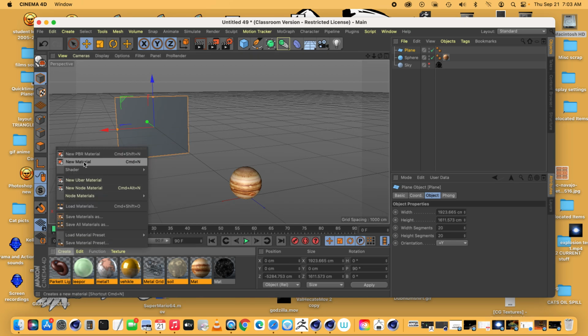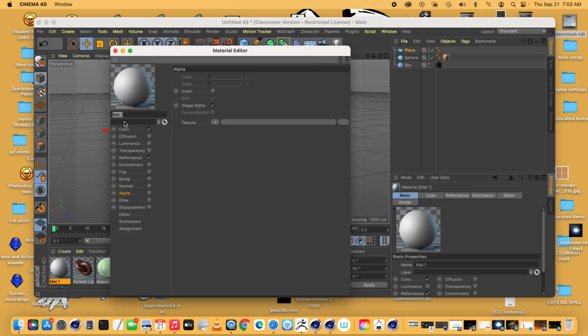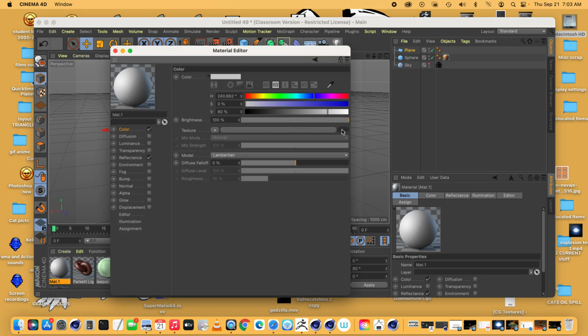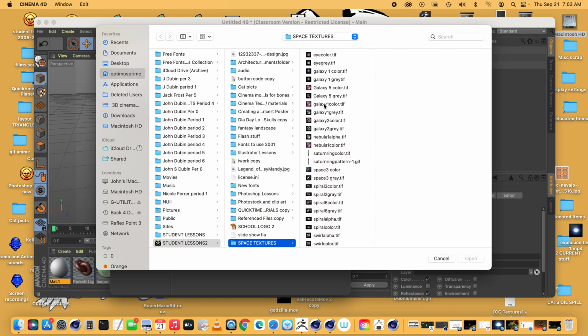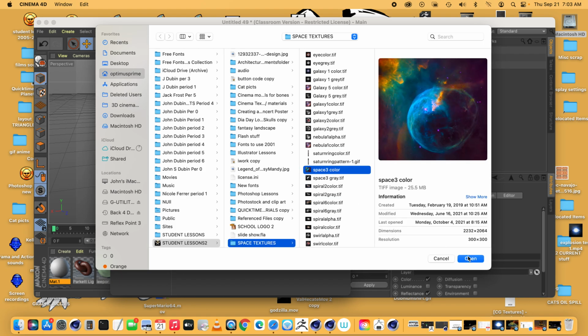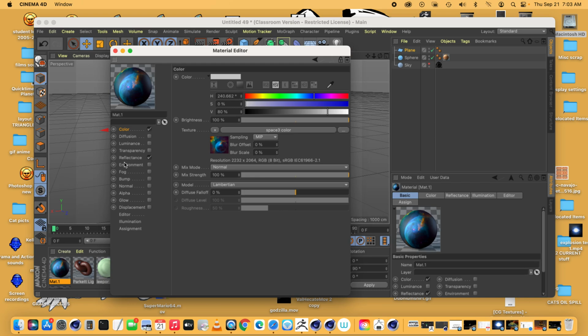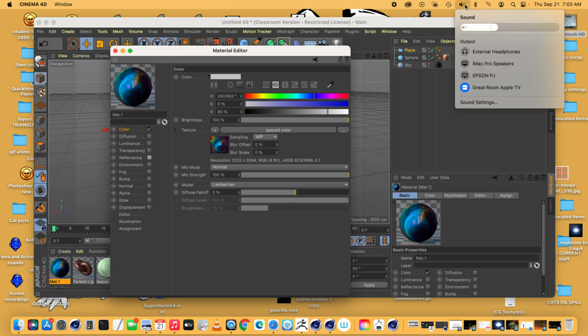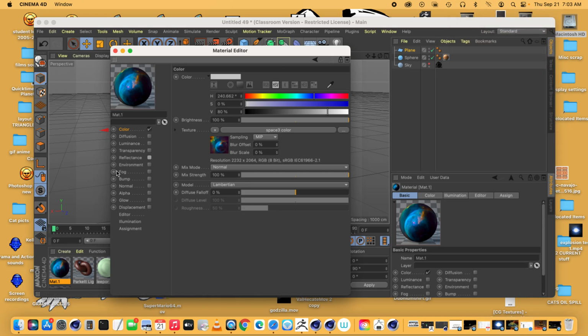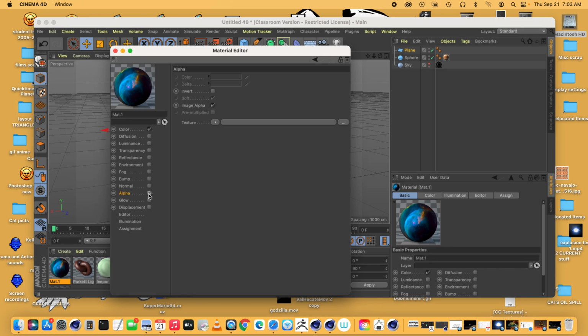And what you do is you make a new material. You double click on the new material. You go to color. You go to the button over here. And you go get the one that says color on it, and you hit open. You turn off reflectance, and you go to, sorry, I was fixing my sound, alpha, and turn that on,